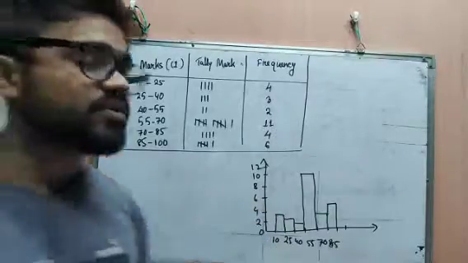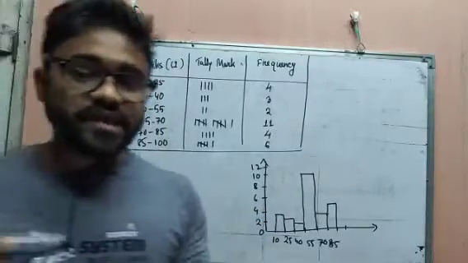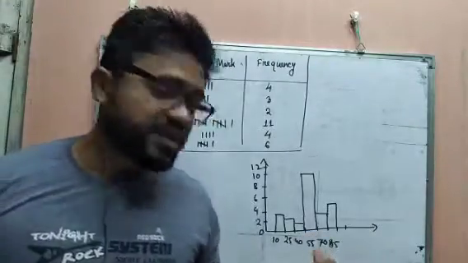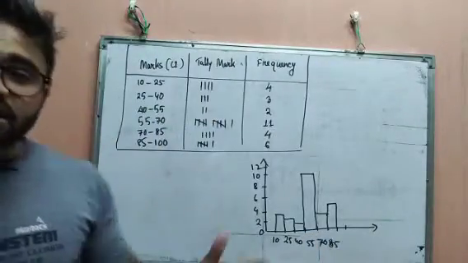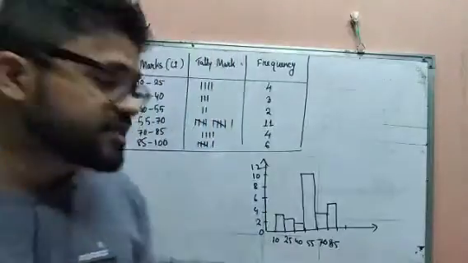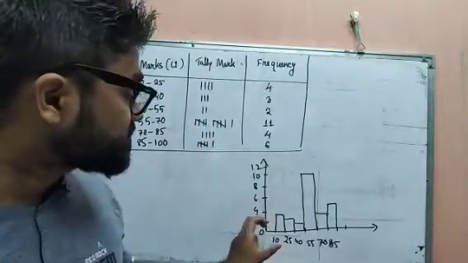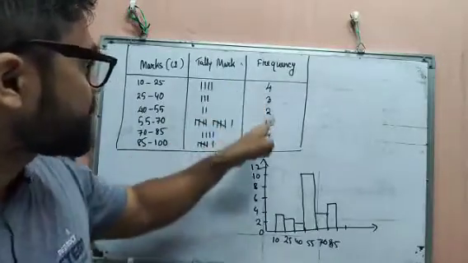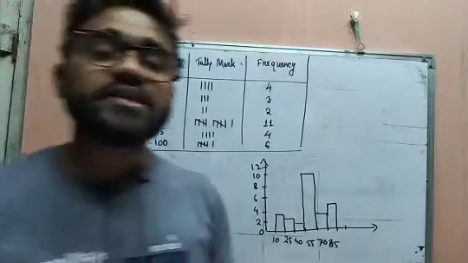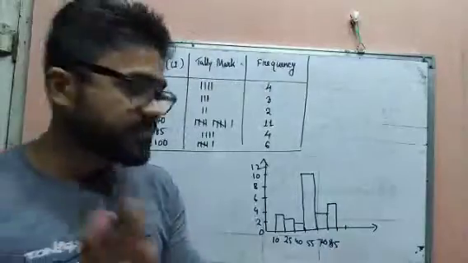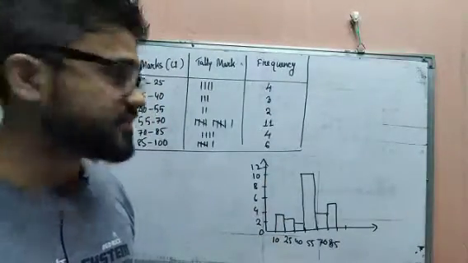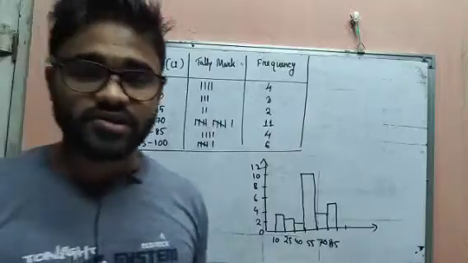So that's why it is known as a histogram. Okay. If there is a gap between the rectangles, then it will be considered a bar graph. But as there is no gap, it is known as a histogram. Okay. So using this method, we have to do the histogram. For that, first you have to find the frequency and tally marks also. Tally marks are not necessary to draw the histogram, but if the question asks you to make the tally marks and frequency table, then you have to draw the tally marks also. Okay.